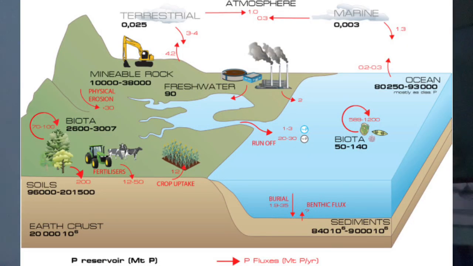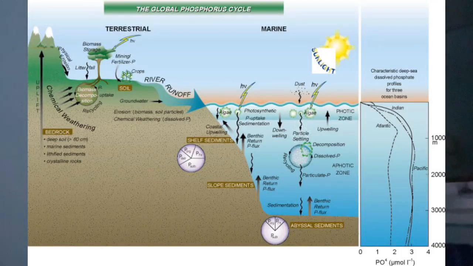The reservoirs of phosphorus are the natural storage areas where phosphorus is found in different forms within the environment. The largest reservoir is found in rocks and sediments, particularly as phosphate minerals. Through the process of weathering, phosphorus is slowly released into the soil and water. Another significant reservoir is soil, where phosphate ions are available for plant absorption. In aquatic systems, phosphorus exists dissolved in water or as part of sediments at the bottoms of lakes, rivers,